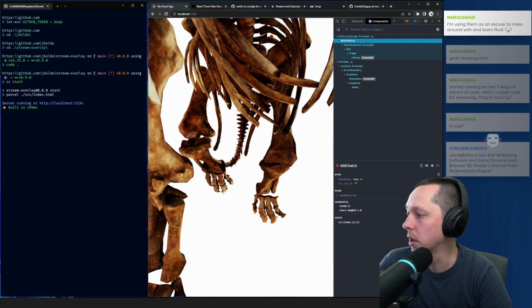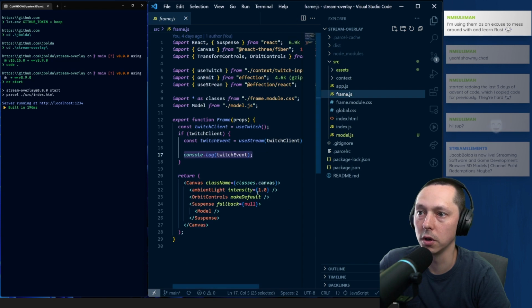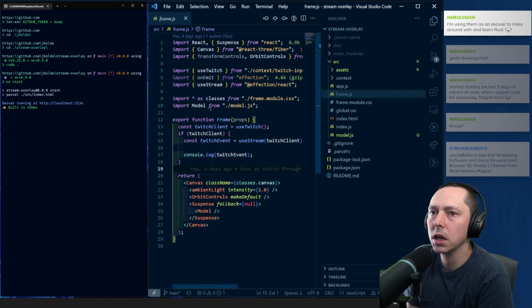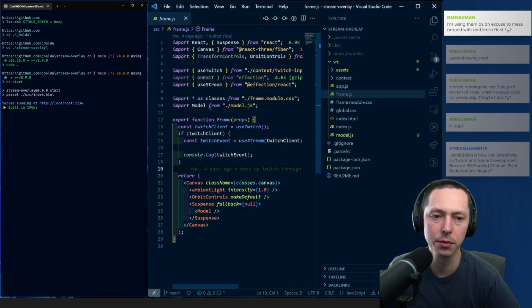So I moved it back up to the frame, and so it's at a little bit higher scope. But I think that's fine. I suspect as we extend this, we're going to have multiple frames, and the model is going to be just contained within there. So I don't know if it feels like it makes sense.